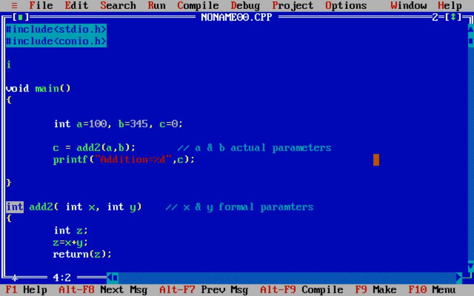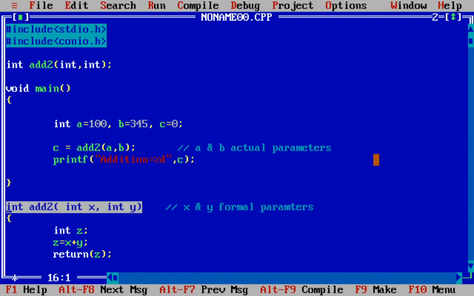We know that a prototype means the first statement of a function declaration: the return data type, the name of the function, and the list of parameters, or you can say the data types of the list of parameters. So this is the bracket. The first parameter is of integer type, the second parameter is also of integer type, semicolon. So this is a function prototype. A function prototype always ends with a semicolon. A function call always ends with a semicolon, but a function definition does not end with a semicolon.